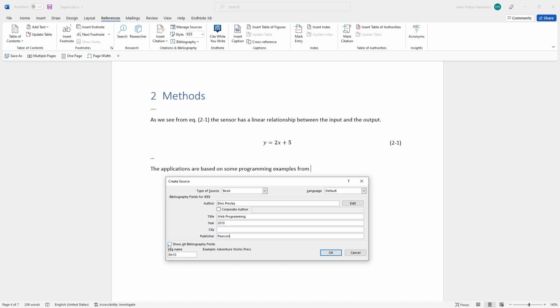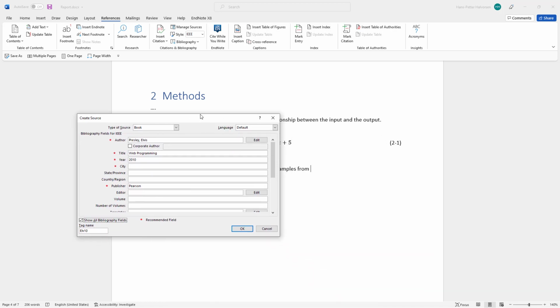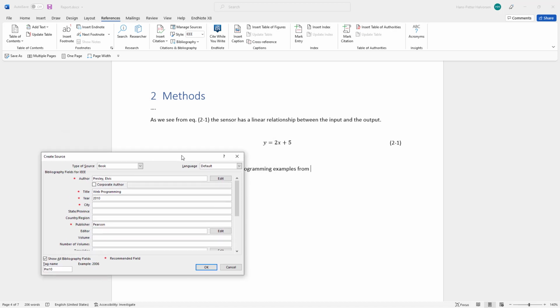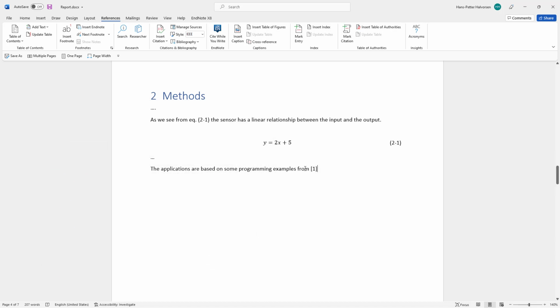Then you can also here click show all fields, so then you will get more fields. You can type city, state, country, editor, volume, etc. So there are lots of fields you can fill out here. You can fill out as many of these fields as you know, but typically at least you need to fill out the author, the title, year, and the publisher. So then I can just click OK, and then you see these references has been included here automatically by Microsoft